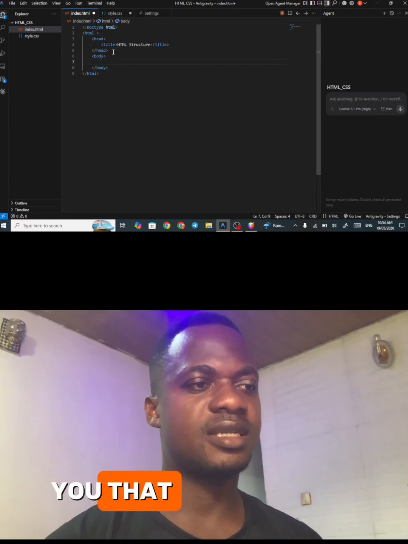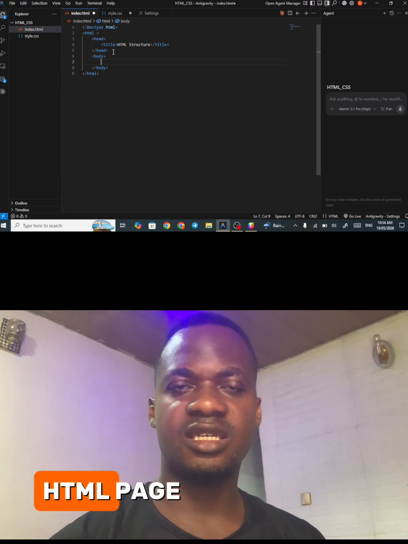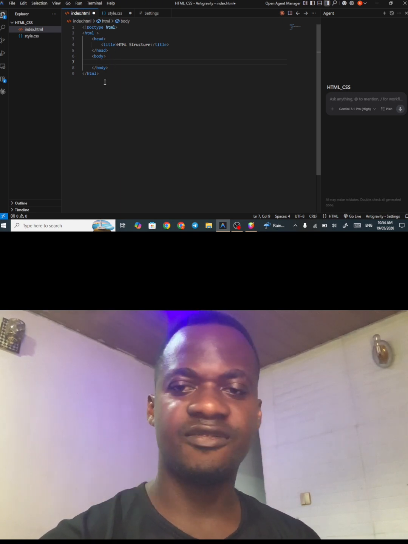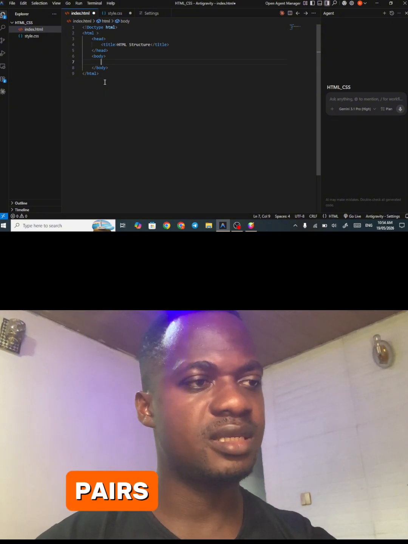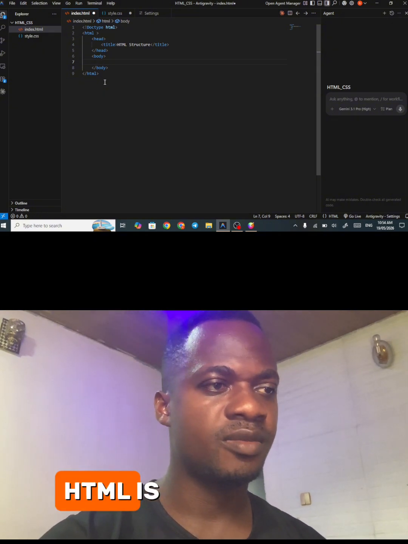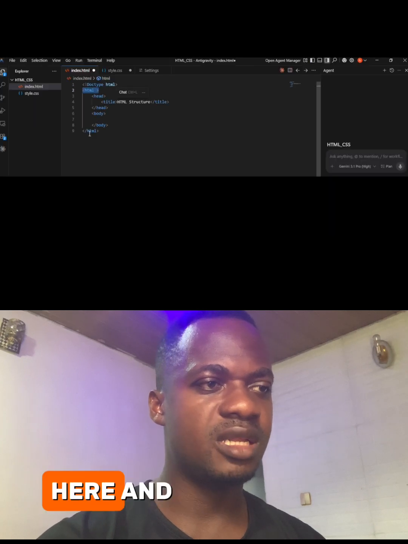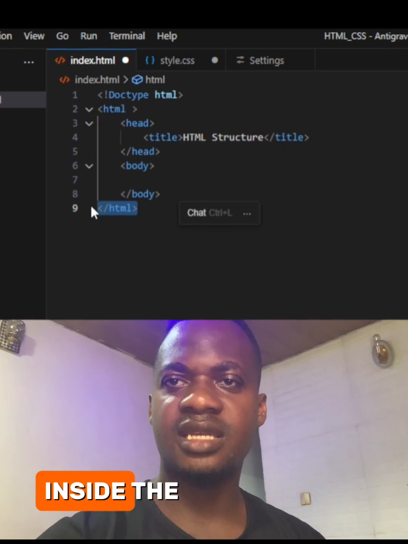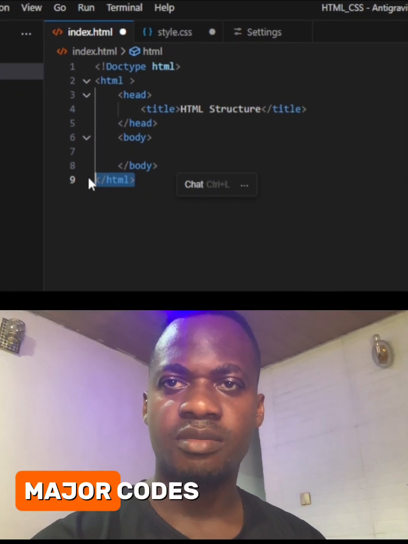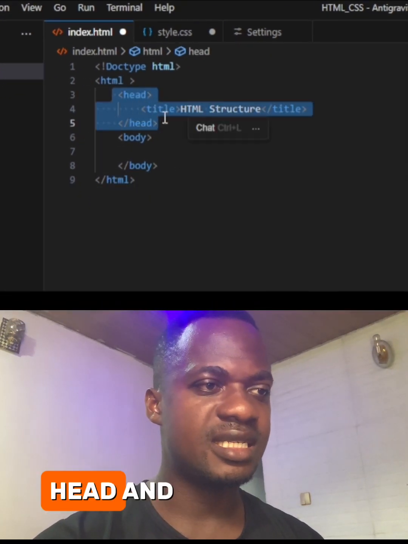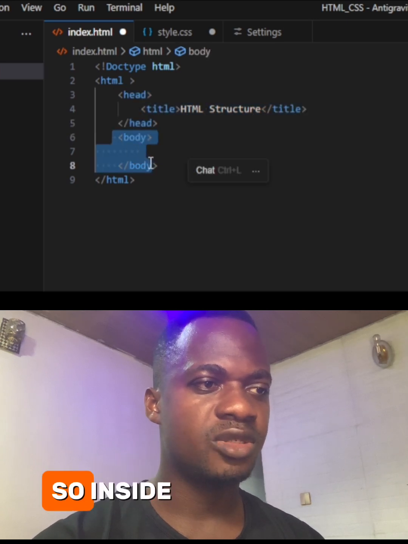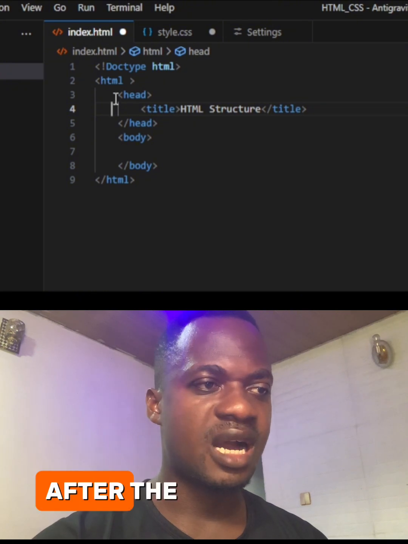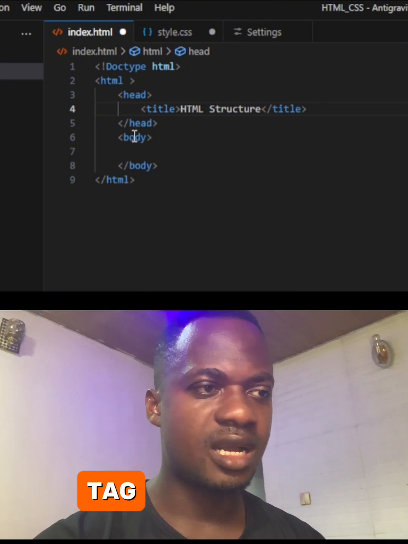So before I show you that, the structure of every HTML page begins with a doctype declaration, and then we have the tags, which work in pairs. So we have an open HTML here, and a closed HTML here. Inside the HTML we have two major tags, the head and then the body. Inside the head we have the title, and then after the close of the head tag we have the